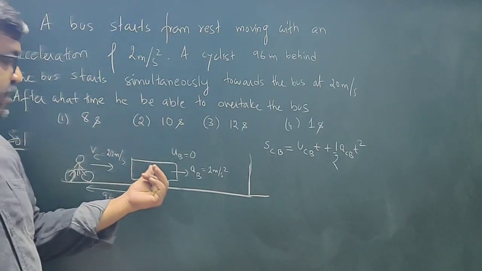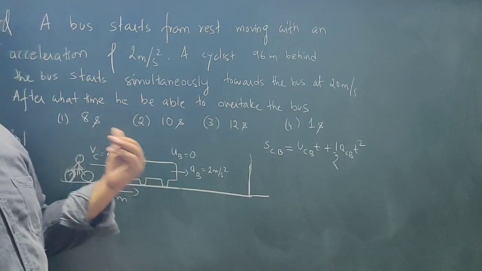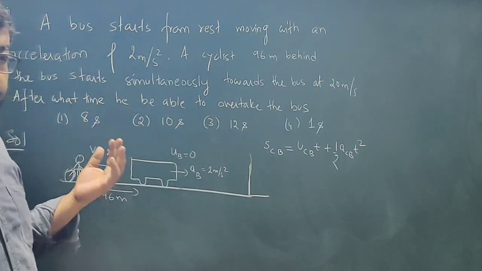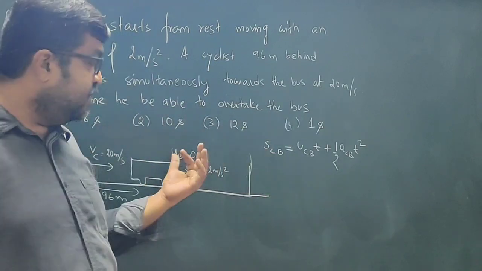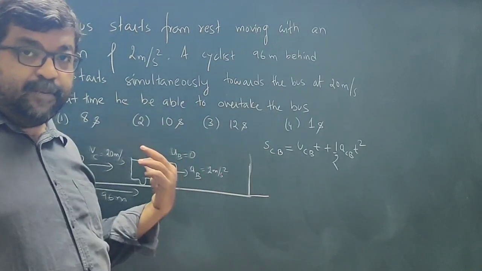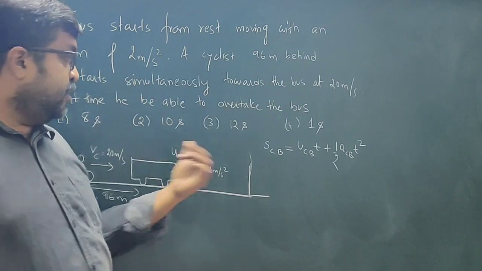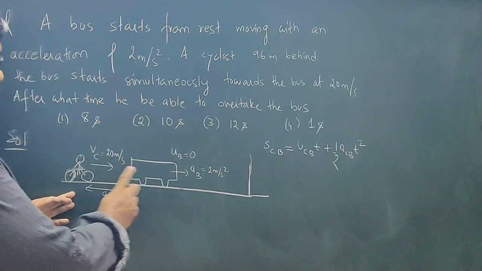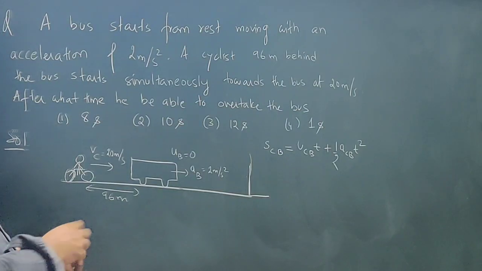So the frame of reference is the bus. That means suppose you are in the bus. Now if you are moving with the bus, the bus is moving, but you are at rest with respect to the bus. Correct? So that means the relative distance covered by the cyclist to catch the bus